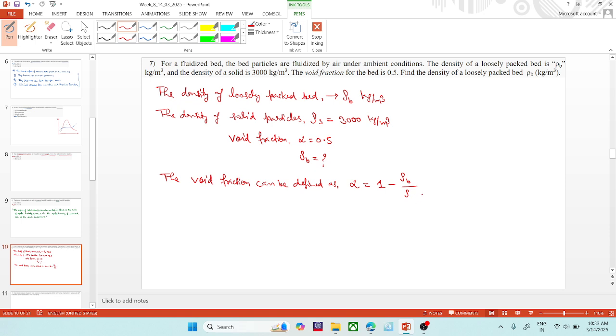Yes, density of the solid particles. Call this equation number one. So putting the values,